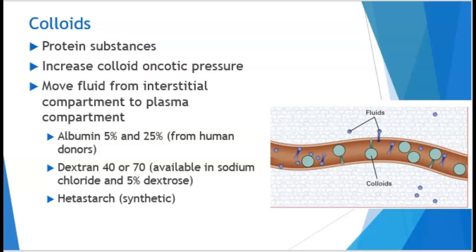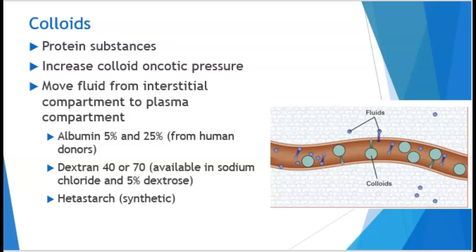So the normal three blood proteins are albumin, globulins, and fibrinogen. And the one that we're most interested in is the protein called albumin. They also could be dextran, so a carbohydrate or a starch. There's also fats, which are lipid emulsions that are administered for patients that are on total parenteral nutrition. And gelatin would be considered a protein as well, not that we inject that into a vascular space,